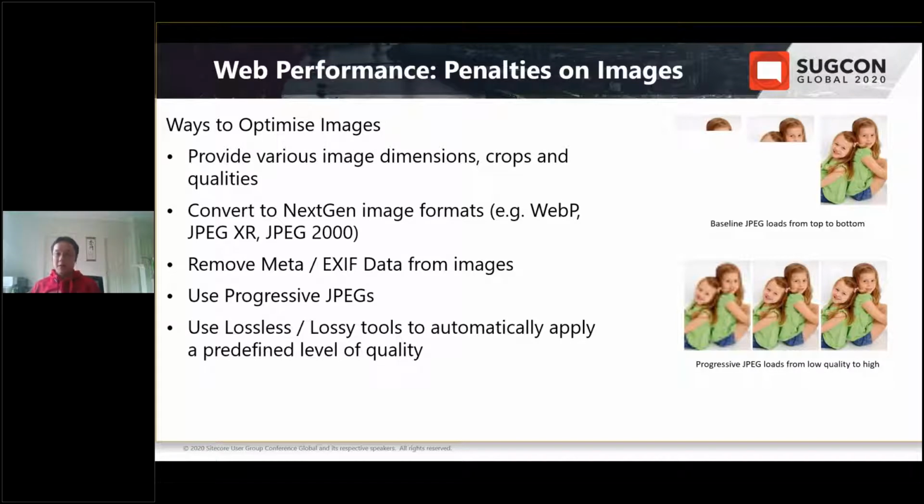If the metadata on an image is not important, do not present it, strip it all out, and you will reduce the image size without reducing the image quality. Progressive JPEG allows users to make out what the image looks like much quicker without having to wait for the image to finish loading. If we have a look at the top right-hand corner, you see that the baseline JPEG loads from top to bottom, but a progressive JPEG loads from low quality to high quality, and it gives a perception